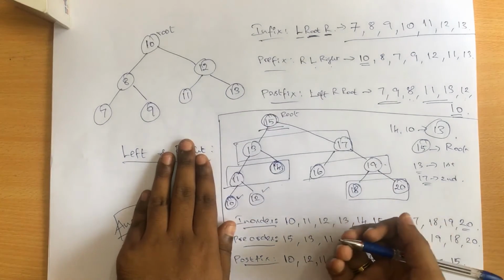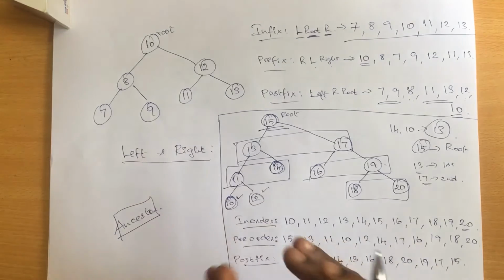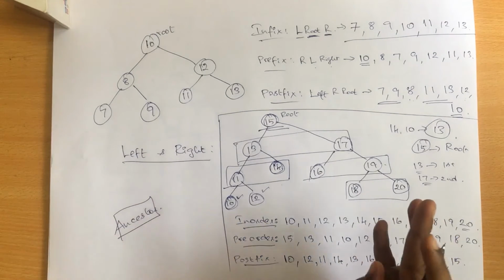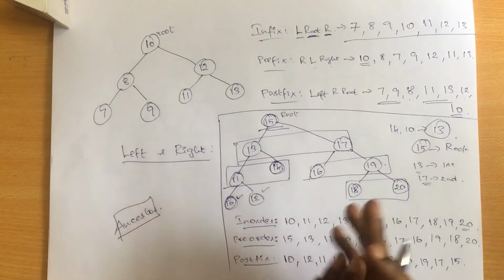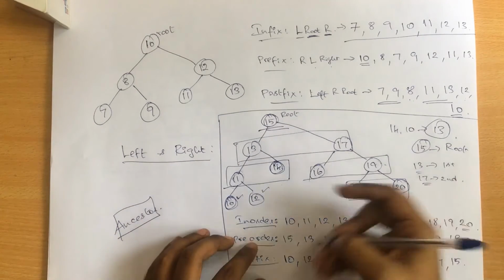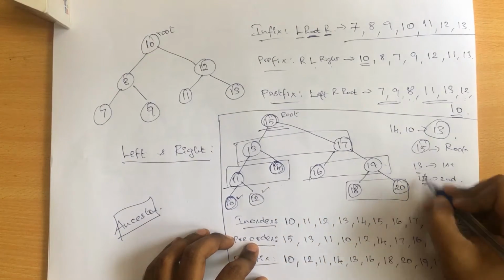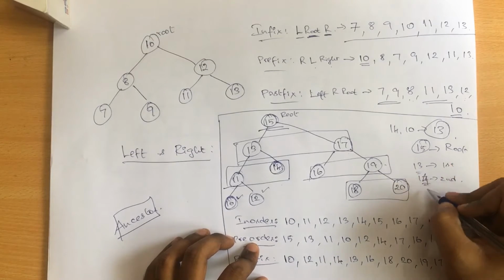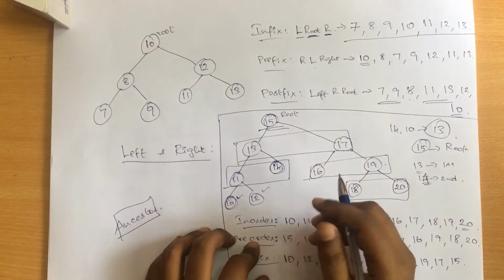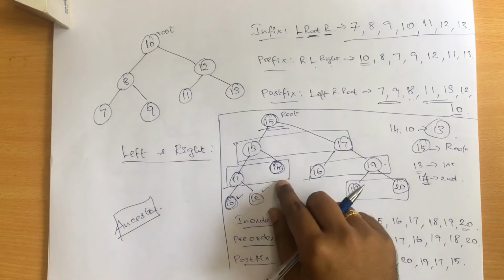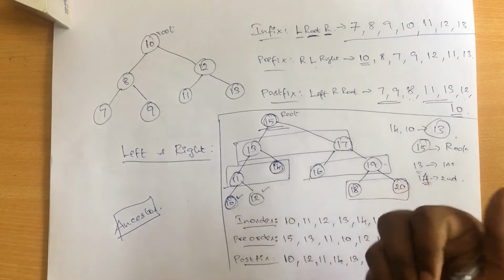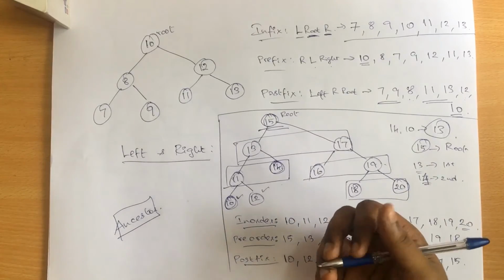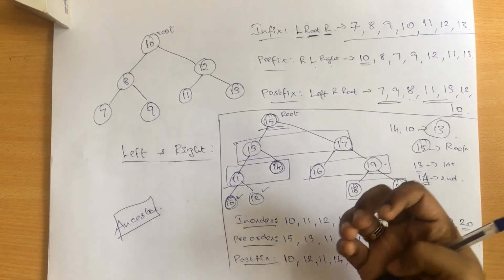So what if both the numbers are less than your root node or both the numbers are greater than your root node? In that case it will be either residing on your left subtree or else on your right subtree. For example, here if the values are 13 and 14, right? So if the values are 13 and 14, they will be in the left subtree, and the common ancestor for 13 and 14 is going to be 15 itself, right? So this is how we can actually try to find the values or the ancestor for an entire tree.